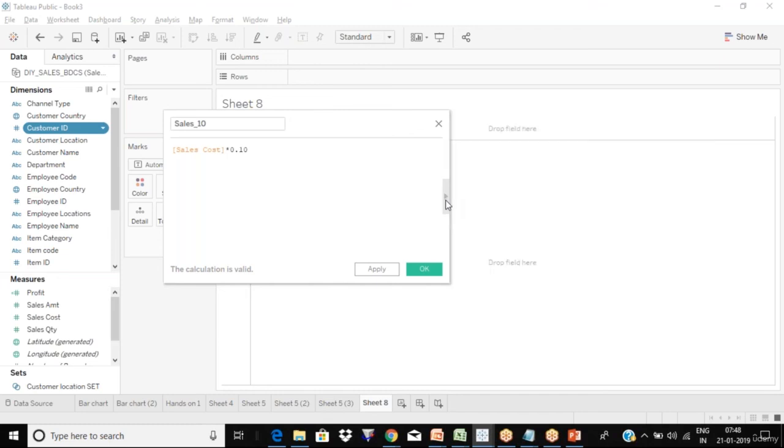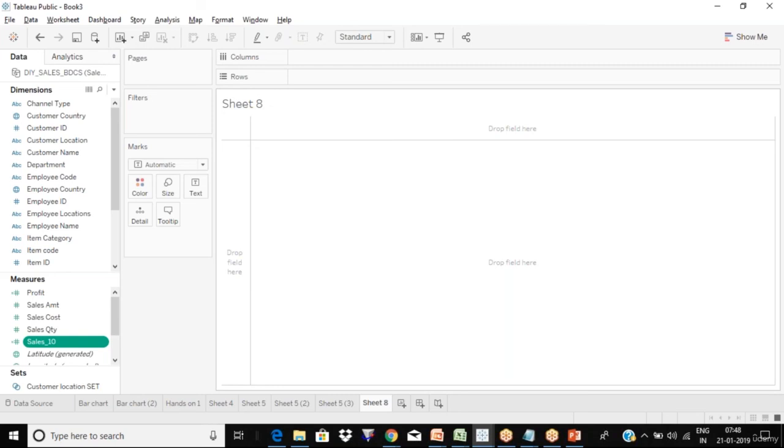You can expand. So here I have written this. How in SAS we would write, basically you will write like this: sales underscore 10 is equal to. But here it's not required like that, because the column name you are giving at the top. This is the value, and then apply and okay. Yeah, data types are automatically derived from the value. If your calculation is returning numeric, it will assign a numeric data type. If it is returning any character, it will assign character. But obviously you can change the data types also.